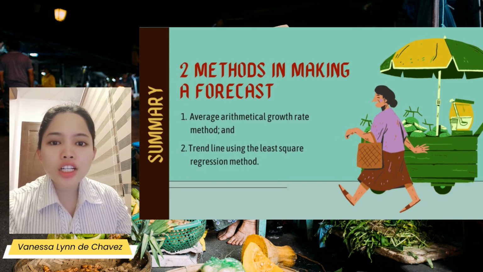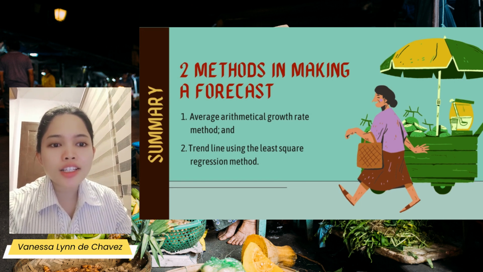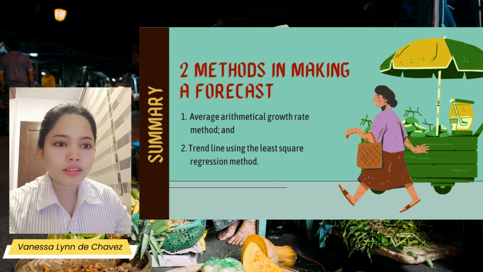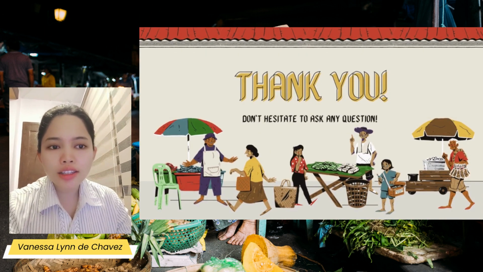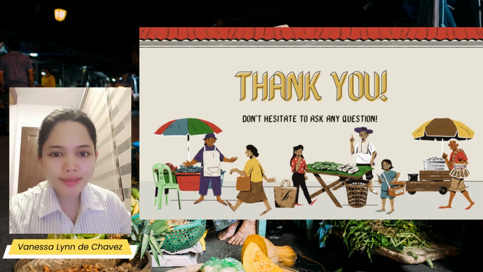First is average arithmetical growth rate method, and in summary, price elasticity of demand is the degree of responsiveness of quantity demanded to a change in price. It is measured by dividing the percentage change in quantity